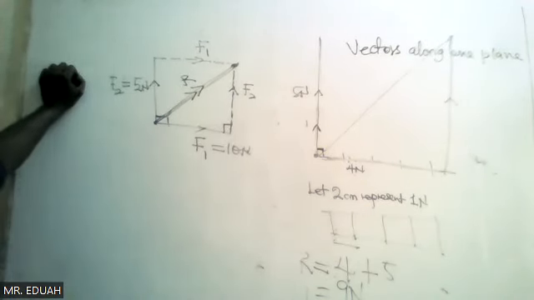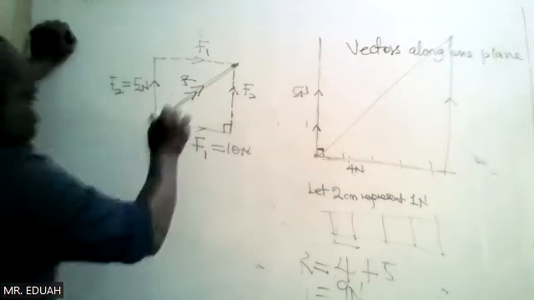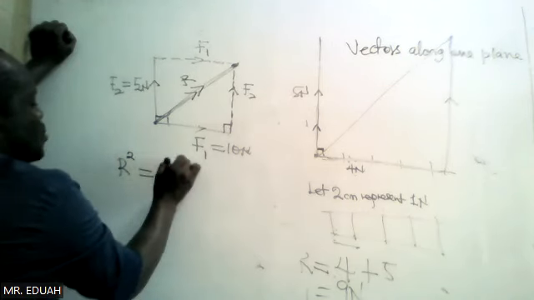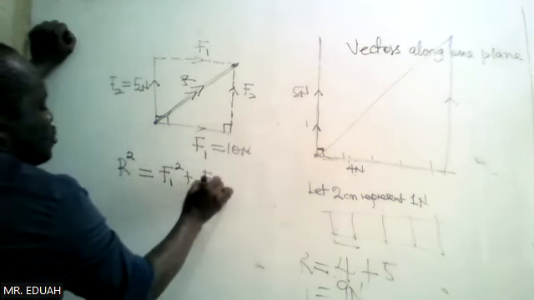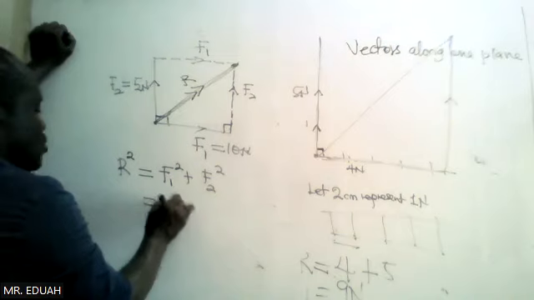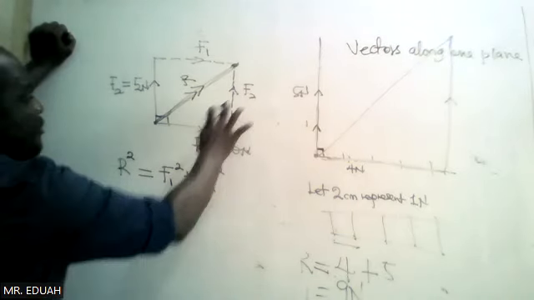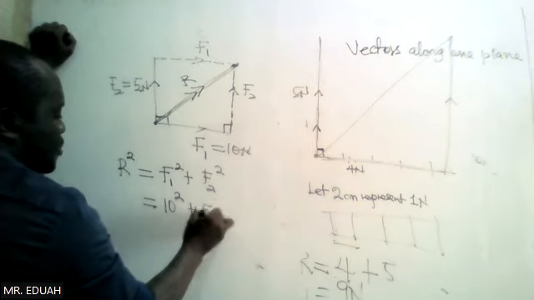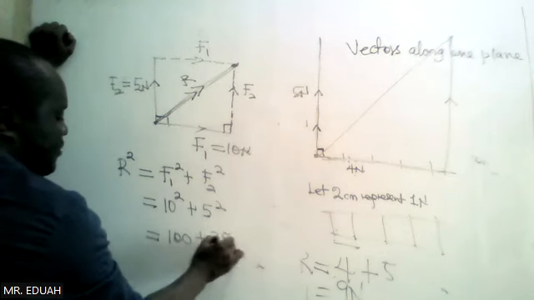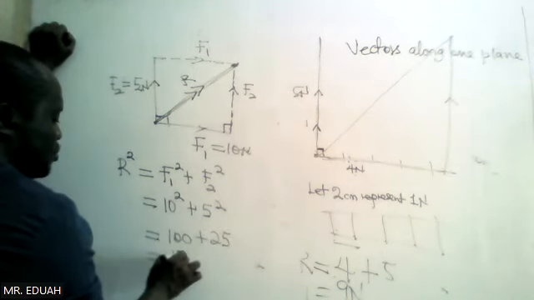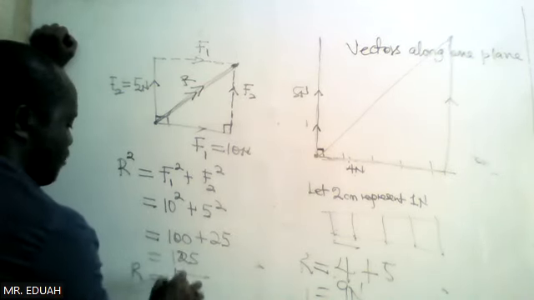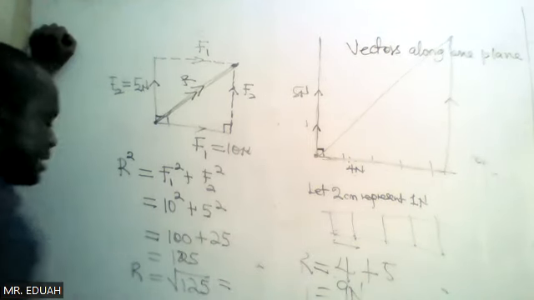So you use the Pythagoras theorem, meaning R squared is equal to F1 squared plus F2 squared. What is F1? F1 is 10. So 10 squared plus F2. F2 is 5. 5 squared. This is 100 plus 25. 1, 2, 5. R is therefore equal to the square root of 125, which is